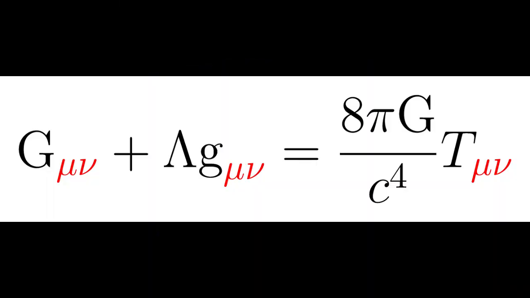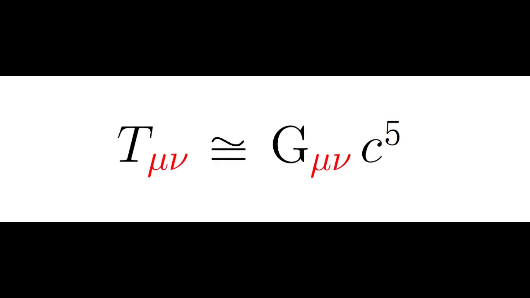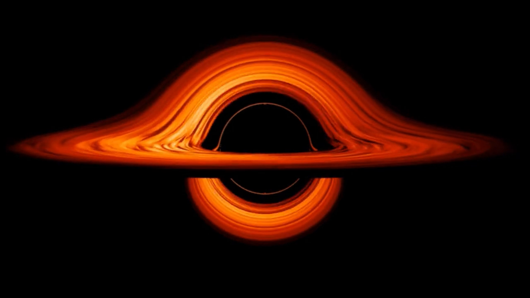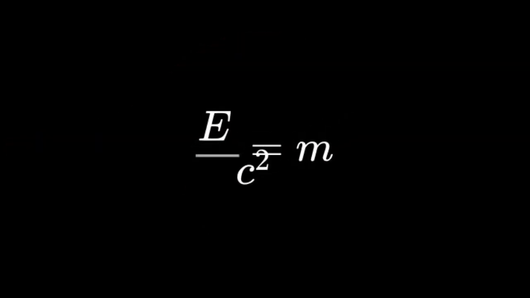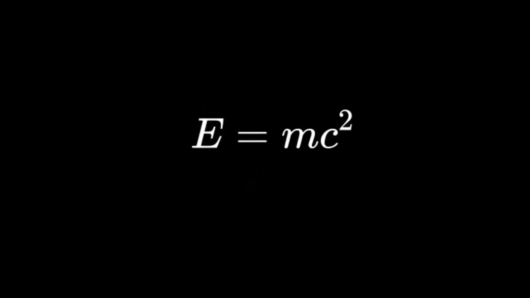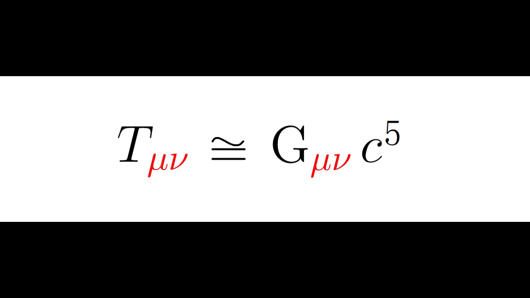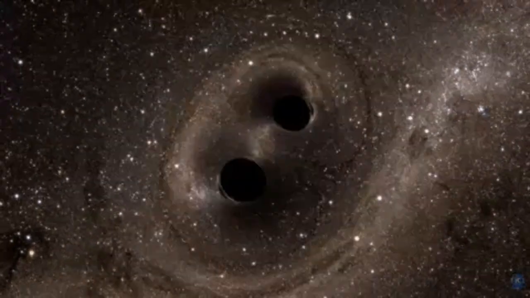The energy-momentum tensor T-mu represents the density or distribution and flux of energy and momentum in spacetime. The curvature of spacetime, G-mu, on the other hand, describes how spacetime is warped by the presence of mass and energy. This, in a sense, is the equation which can be regarded as the generalization of Einstein's popular equation that relates matter and energy, that is, energy is equal to m times c squared, where c is the speed of light in vacuum. Because of the c to the fifth power factor, even a tiny amount of curvature in spacetime requires a massive amount of energy. This is a key reason why gravity is so weak compared to other forces.